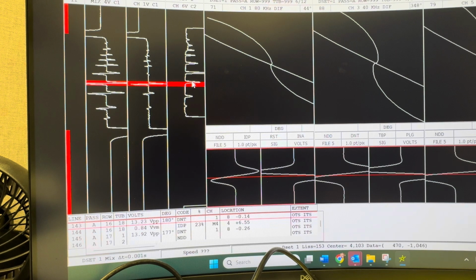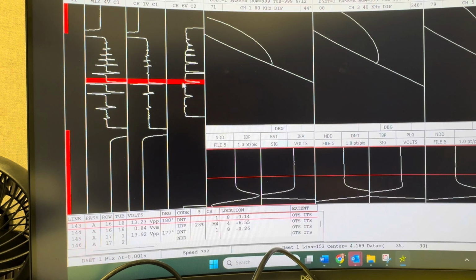Recently, I've had a couple of different people ask me about data slewing and how you do that in the analysis software. First of all, you may be asking, gee, Ed, what is data slewing? Well, typically with a bobbin coil for tubing,